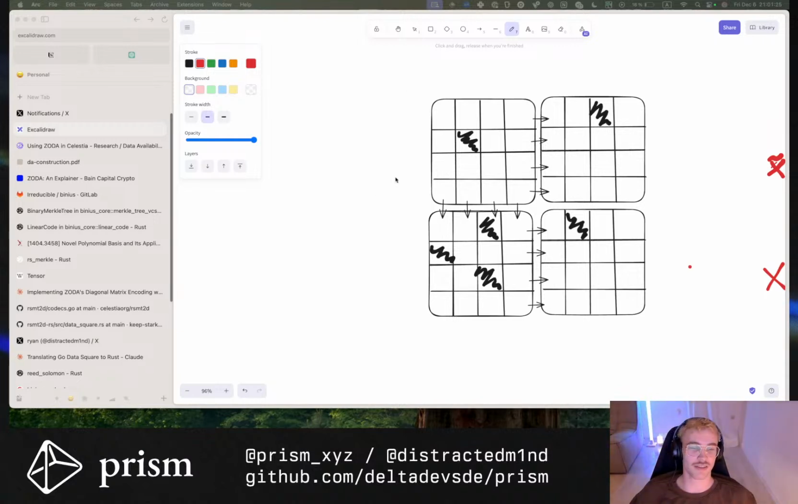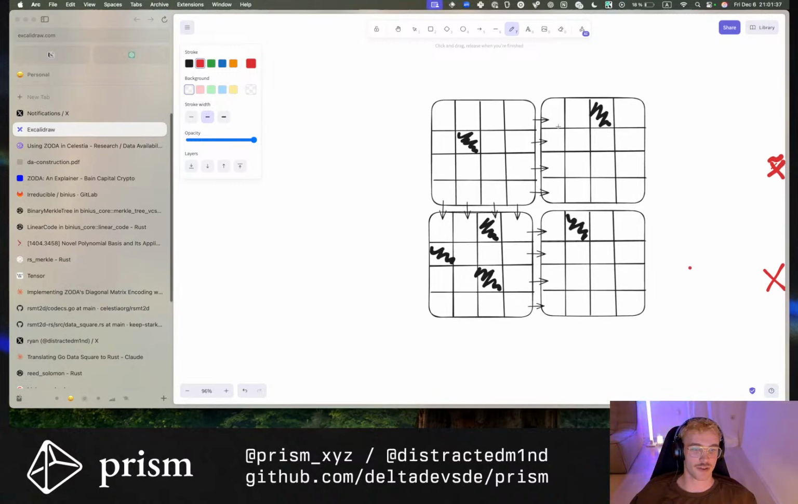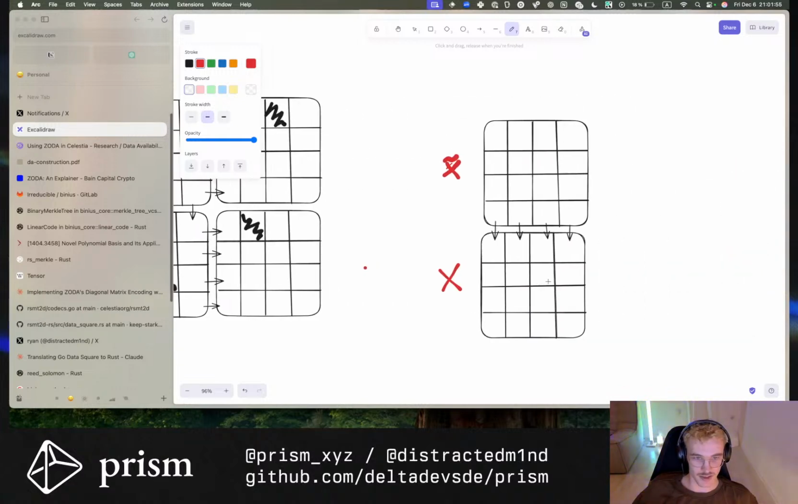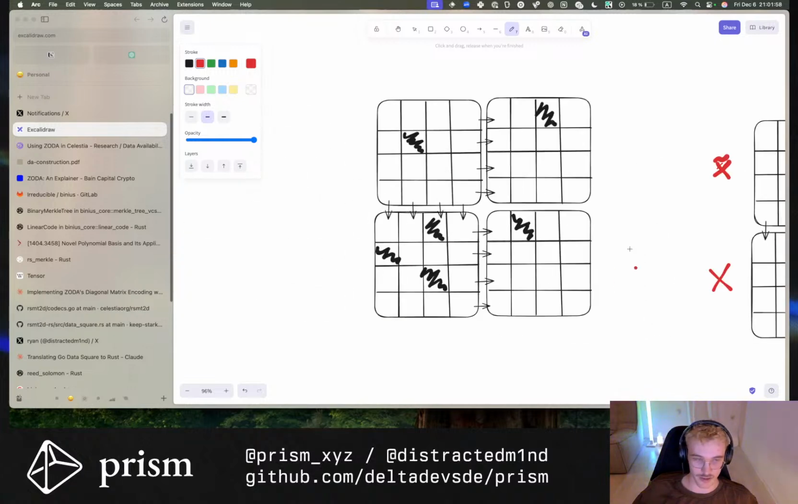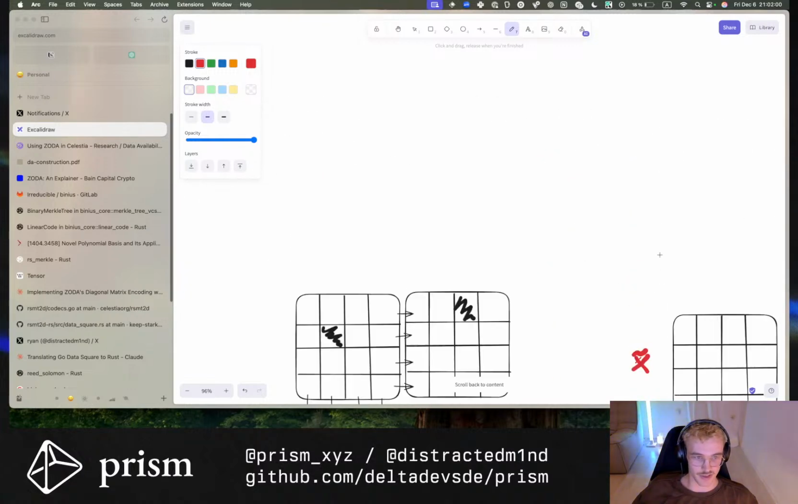So we have this original data. We Reed-Solomon encode downwards and across. And then from here, we extend one more time, and then you end up needing fraud proofs because you can't be sure that the data was encoded correctly, since it's not put into these little parts that light nodes sample. So what ZODA does is first encode normally like we do, but then it puts it